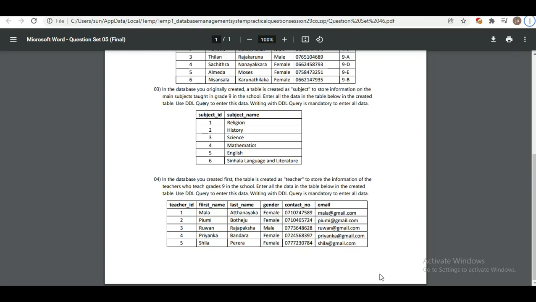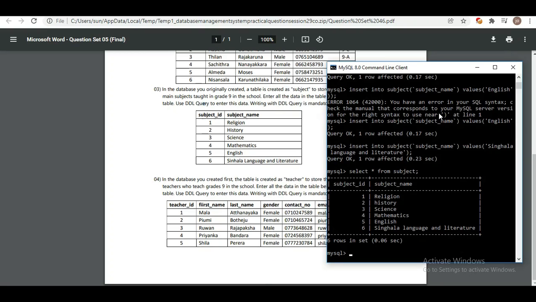And in question number 4, I've been told to add this given data into the teacher table. So to do that, I'm going to first open the command line, and after that type a query like this: insert into teacher, and after that I need to give the column names. The first one will be teacher ID, first name,